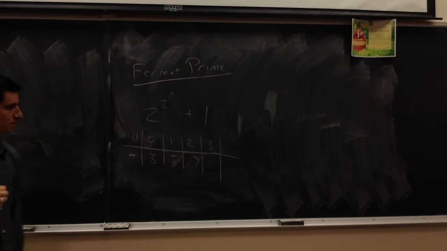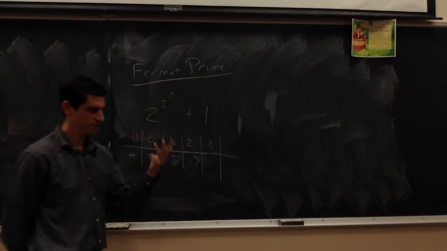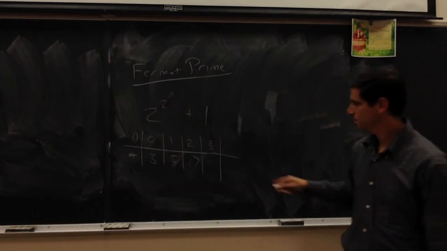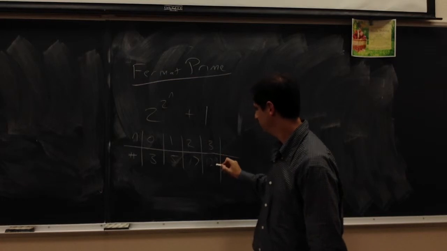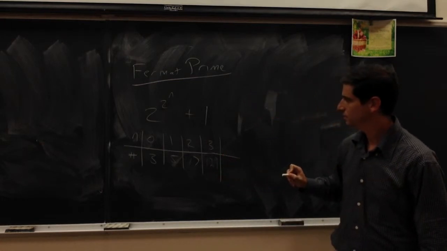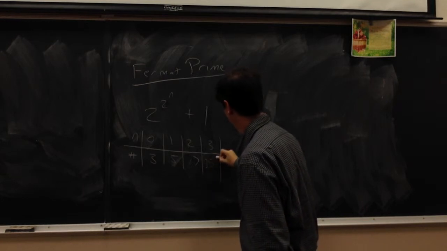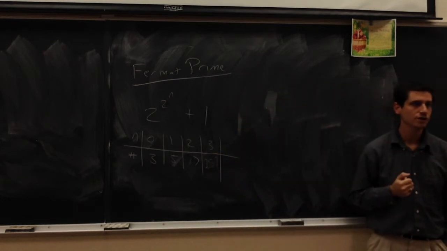65. It's not a prime. No, that's patently false. All right, so when we take 3, we get 8. 2, 4, 8, 16, 32, 64, 128, 129. Is it 129? No, I think it's actually one more. Yeah. 257? Okay. Right, because 2 to the 10 is 1024, so this is